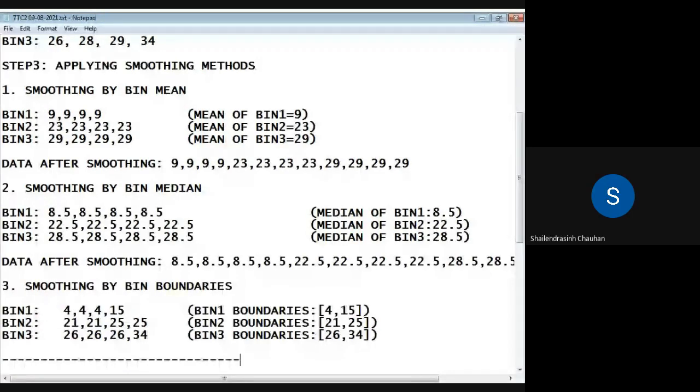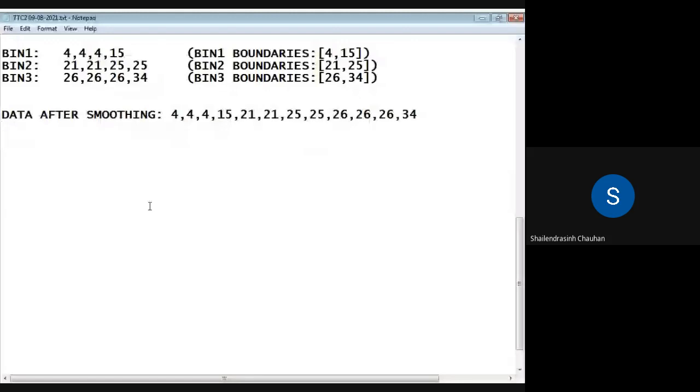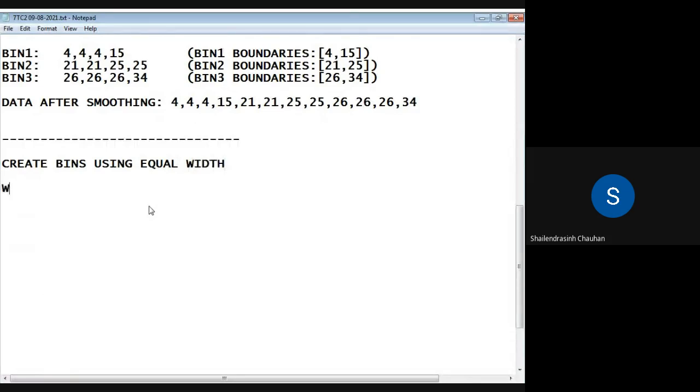Okay, so now we are discussing how we can create bins using the equal width method, where width equals maximum value minus minimum value divided by total number of bins or total number of intervals.